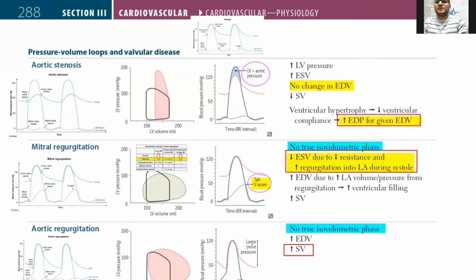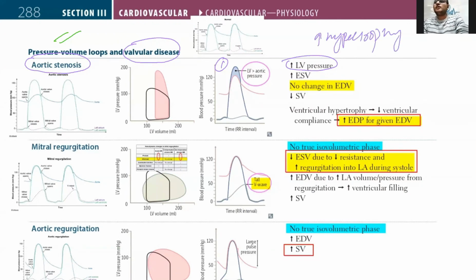We are discussing pressure volume loops and their association with valvular diseases. We are discussing aortic stenosis first. What will be the first change? In this diagram, you can see that there is increased left ventricular pressure and increased hypertrophy of the left ventricle